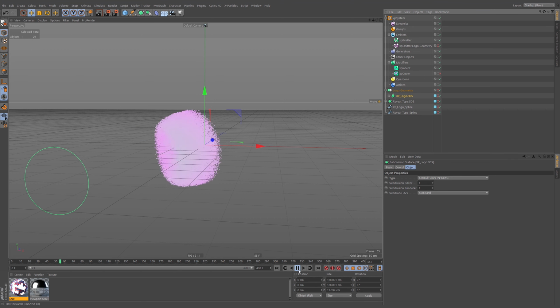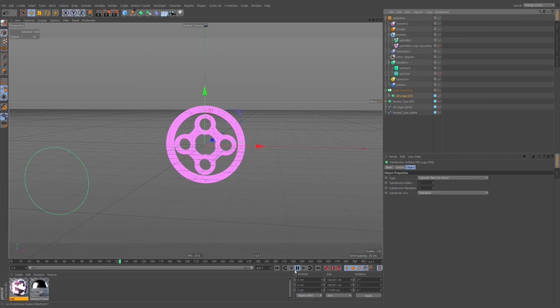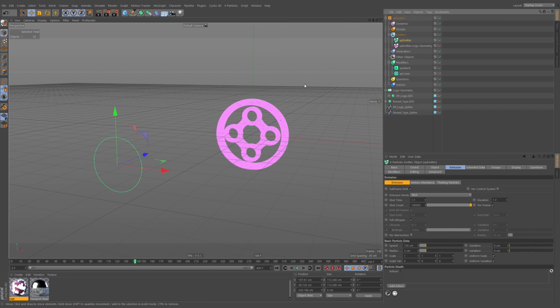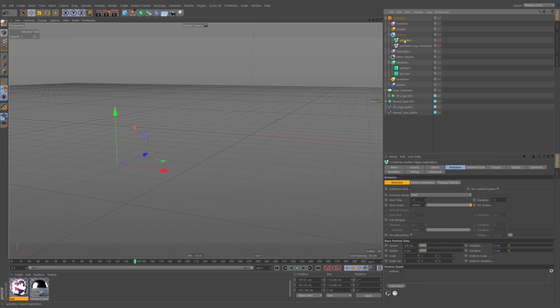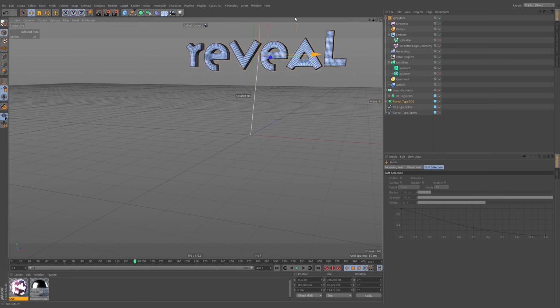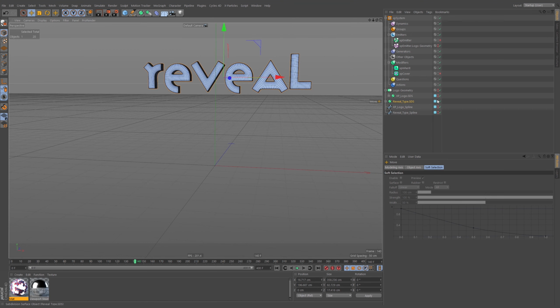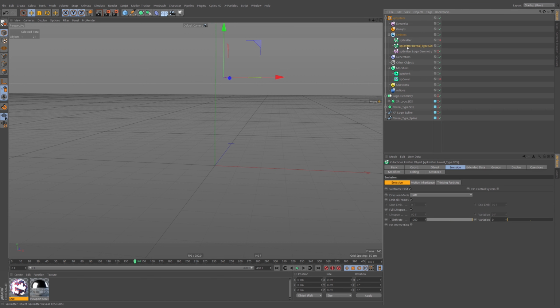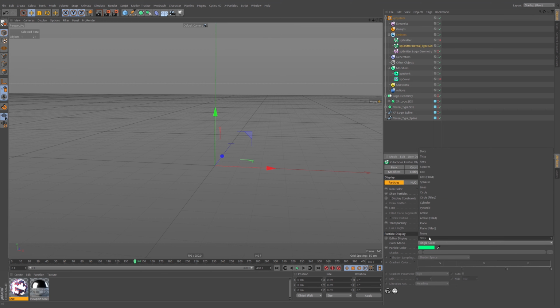We could even morph from one emitter to another. So I should show you that actually. That's another advantage of this inherit mode, is that we could actually emit from another object. So if I hide this emitter, and let's just use this piece of geometry. So we'll use the reveal object. So let's move that over here, up here, and hide that. And let's do another emit from object. So let's run the emit from, and that's created another emitter again. Let's set that one up with squares,